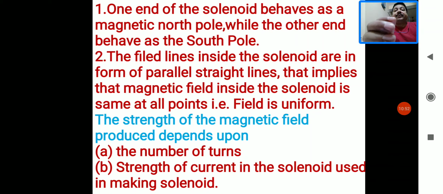The magnetic field lines start from the north pole and end at the south pole. When we reverse the direction of current, the poles will also change. I have already discussed the strength of the magnetic field. There are two points: number one is the current, and second is the